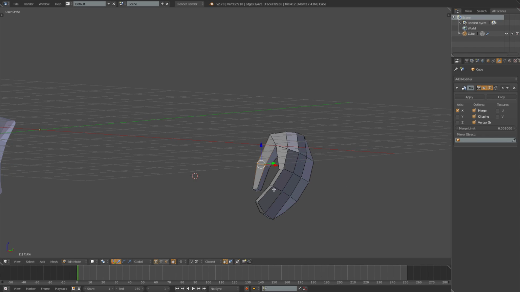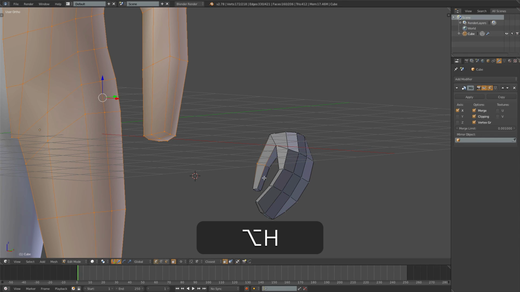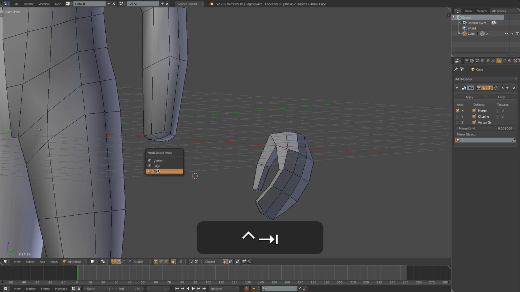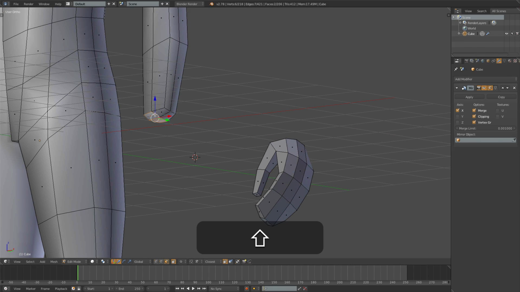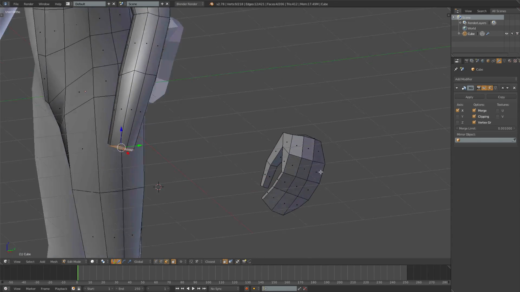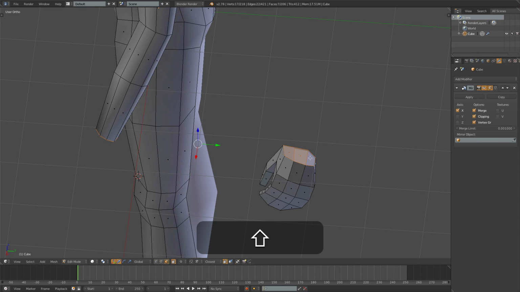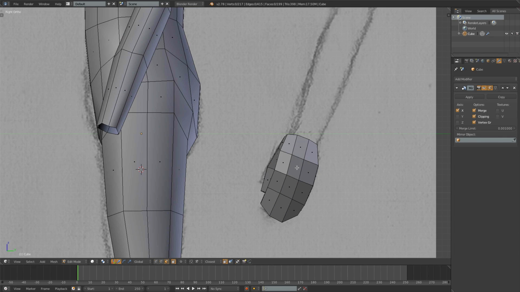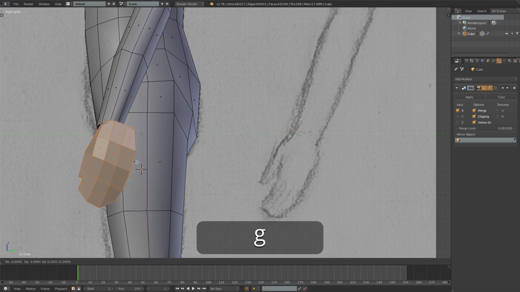Alright, let's now unhide the rest of the body with Alt-H, and I'm going to go into face mode and select these faces on the bottom of the arm, and also these at the top of the hand, and delete those. And we can then select the hand, move it over,